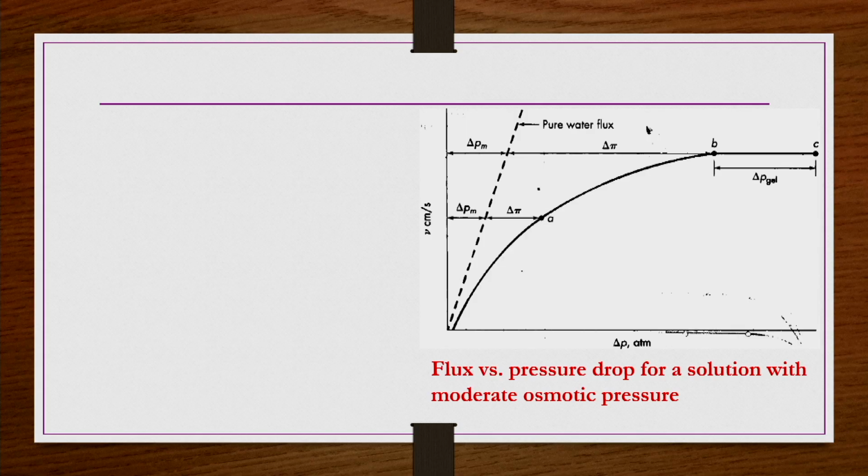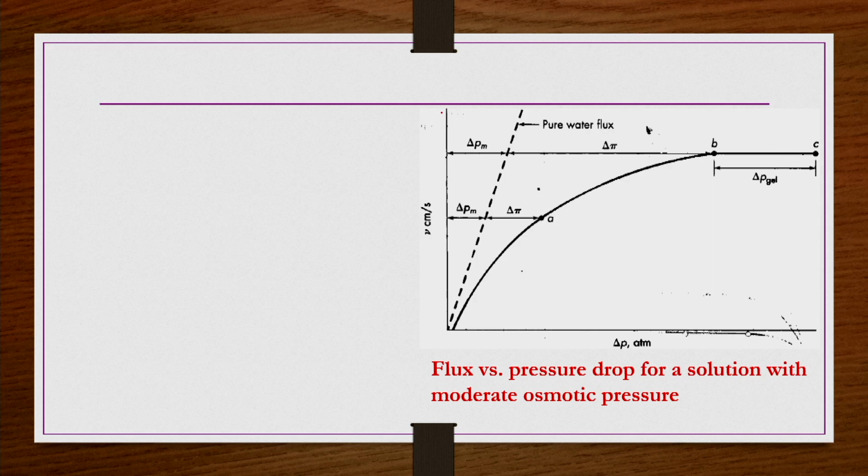Now, as I mentioned already, whatever the flux is, if it is for pure water, it is going to be linear in general. But if you have a dilute solution and you use a membrane for separating that solution, so that you can have a clear permeate and a concentrated retentate as a separate layer, then this flux is not going to be linear with delta P. Why? Because there is an osmotic pressure because of the solute particles. Because of that osmotic pressure, even if you apply some pressure initially, for an initial range of delta P there will not be any flux.